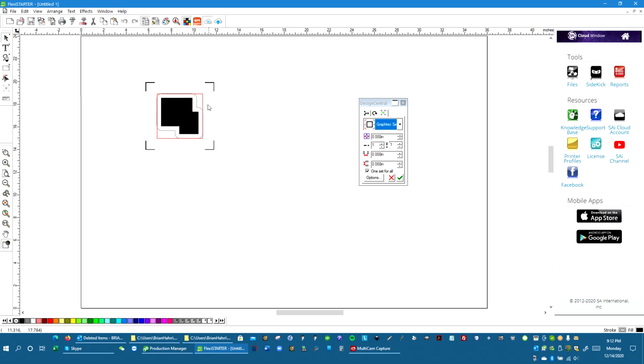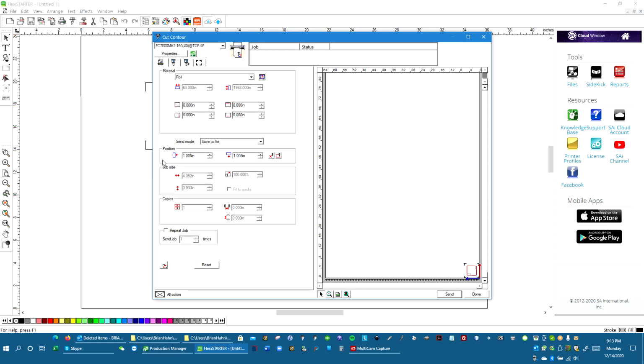Actually, before I do that, from here, I would print this. So I would print the contour cut marks and the image and not the contour cut path. Assuming I print that on a sheet of paper or vinyl, then I would come back here and hit the contour. Now, you're going to want to set up your Saga cutter as an FC7000 MK2-160, whatever the length. This is a GraphTech cutter, so set it up as that GraphTech. And what you're going to see here is, and this should be send now,